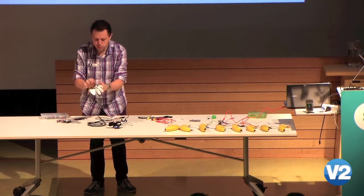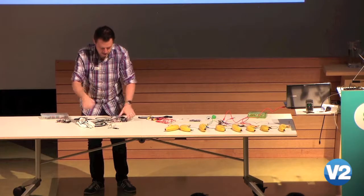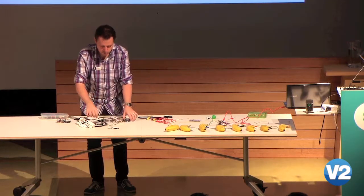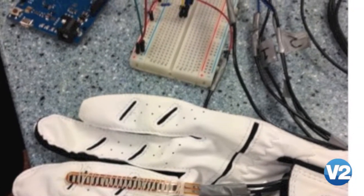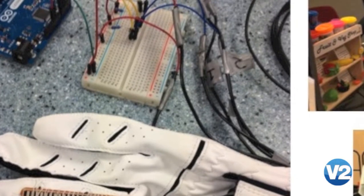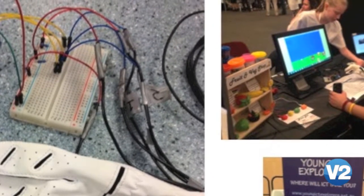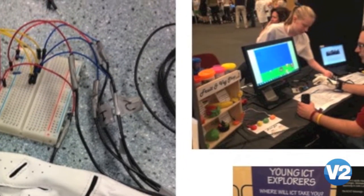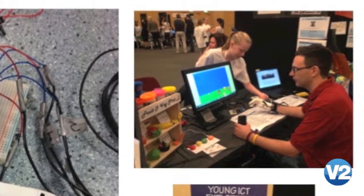And then what you do is you put the glove on and you strap the mouse to your wrist, and it has all these things that she's soldered together and created, and you control a video game that she created. So she created a video game and created the interface for it, and it's using the same sort of technology that Nintendo used, like for the Power Glove back in the 90s. Now she's just made it herself, and it's really just changed her